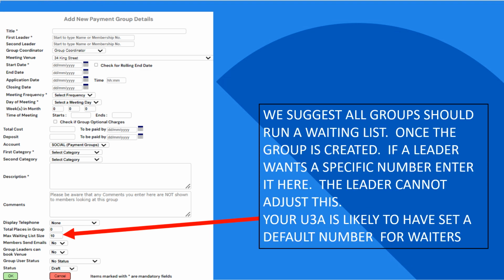For the max waiting list size field, it is suggested that all groups run a waiting list. This allows the U3A to see if there is enough interest in a group to generate a sister or mirror group. This should be set at the creation of the group, as leaders will not have the facility to change the number subsequently, if the system has been set in that way by the administrator. Some U3As set a maximum number centrally, with a system default number of 99 if it has not been overridden